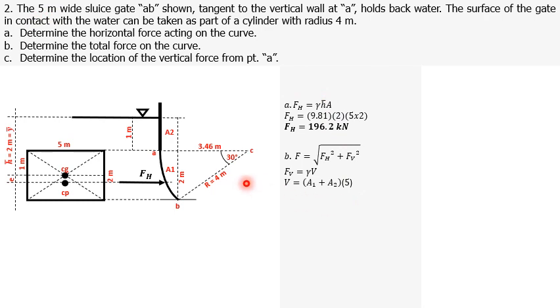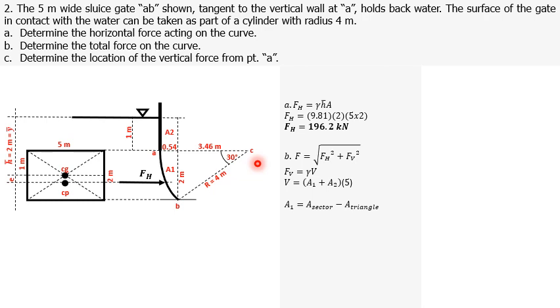Next, we solve for this horizontal distance from point C by again considering this right triangle. To solve for this distance, we simply have 4 cosine 30 degrees, which is equal to 3.46 meters. And to solve for this horizontal distance, we simply subtract the radius, 4 meters, and this 3.46 meters, which is equal to